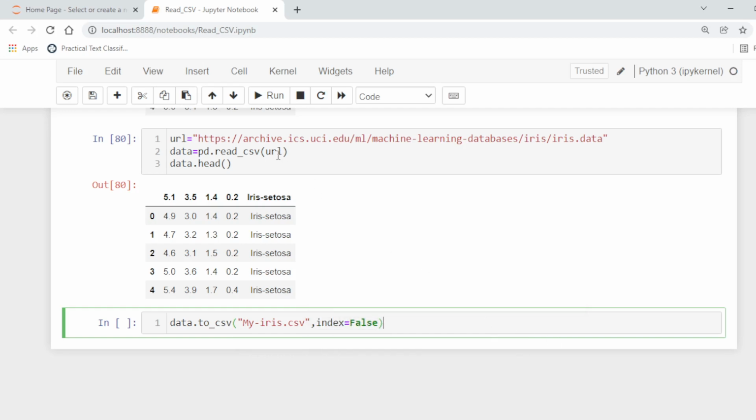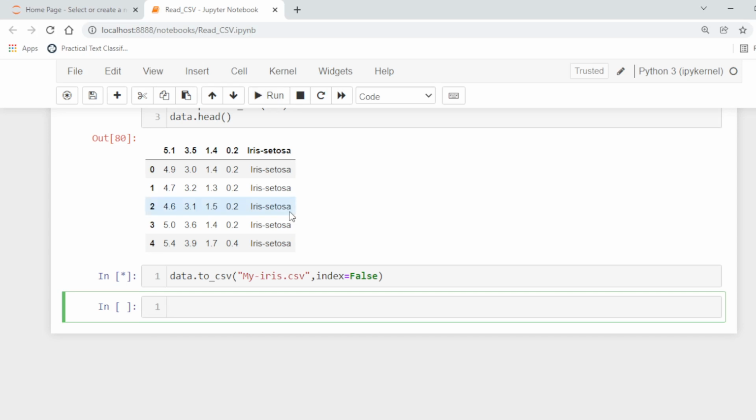So it will store the data frame to a CSV file named myiris. In this way we can use this function to write the data frame to a CSV file, and then we can read this file again using read_csv. Thank you.